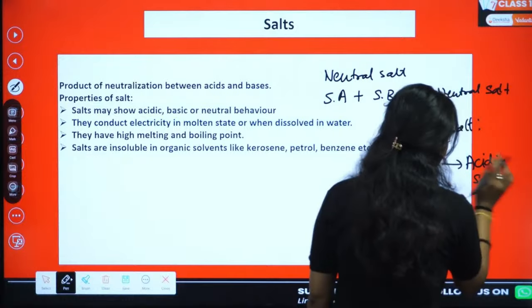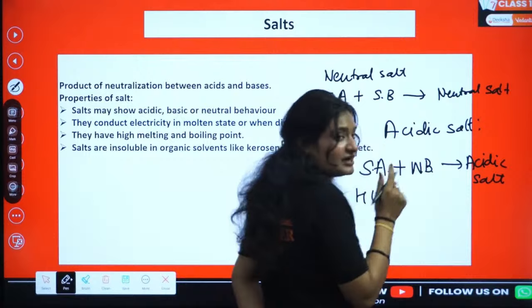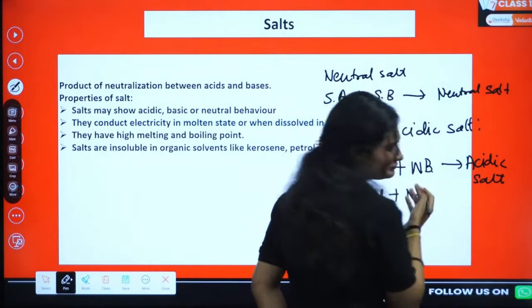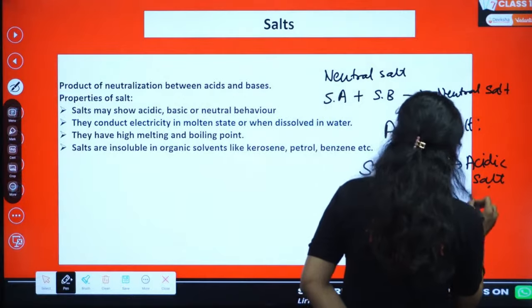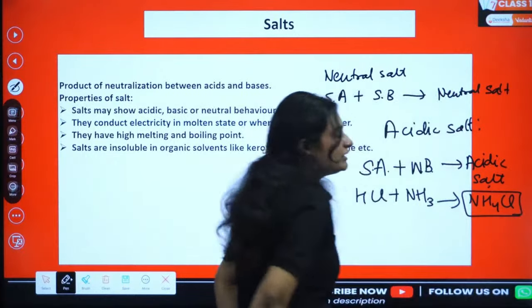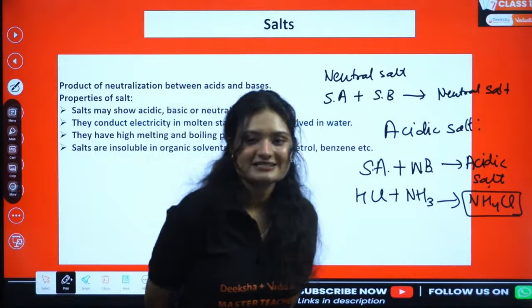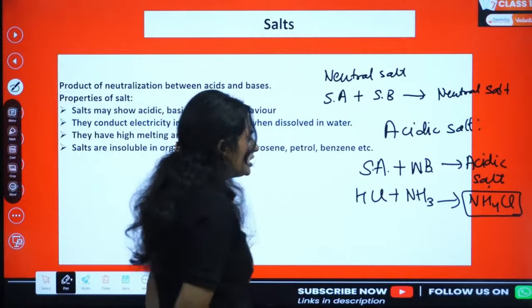Okay, let's do one example also. If we have a strong acid like HCl and we have a weak base like ammonia, ammonia is a weak base, we get an acidic salt which is NH4Cl, ammonium chloride. Ammonium chloride is an acidic salt. Correct. Next one,